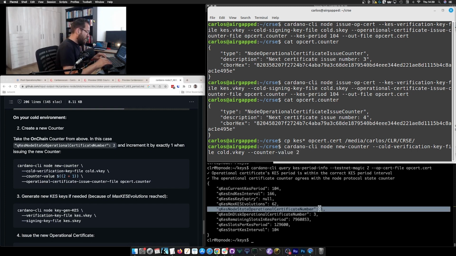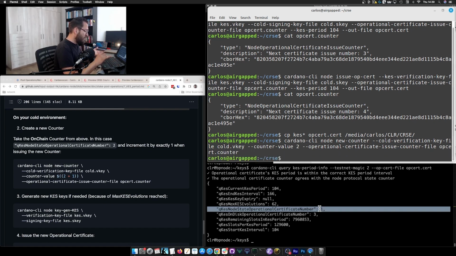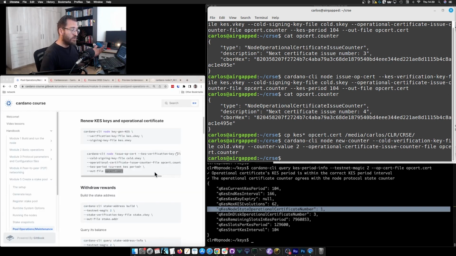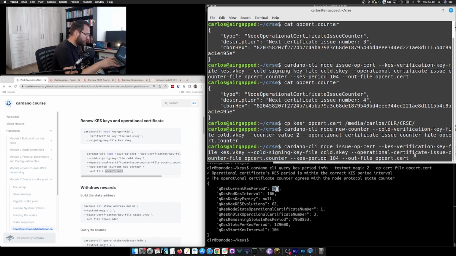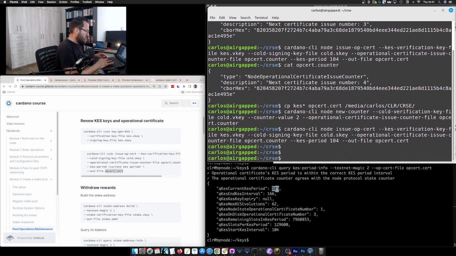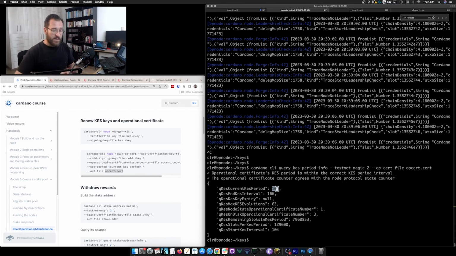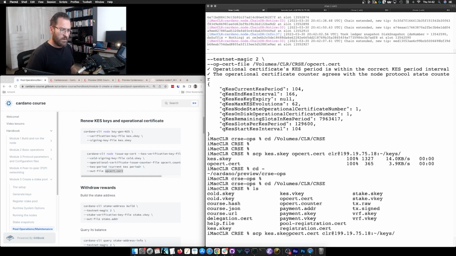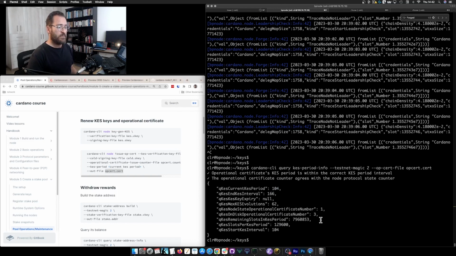And now we have the operational certificate issue counter file. Let me name it op-cert.counter. I will overwrite my previous file. And now I can issue my new operational certificate. And now extract this one, bring it again to my local machine over here, copy only the op-cert. But for me to pick the new